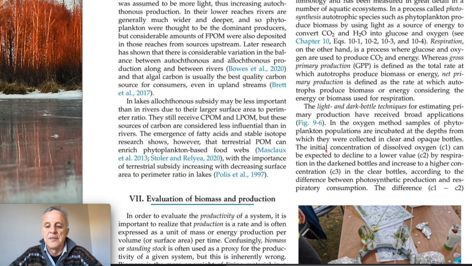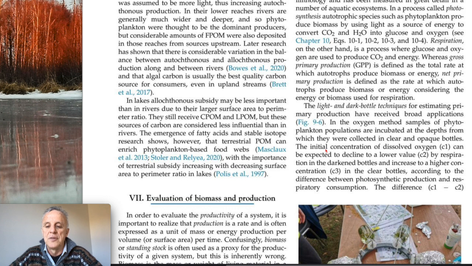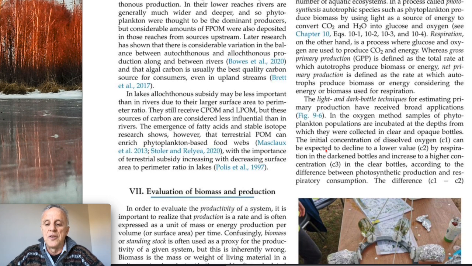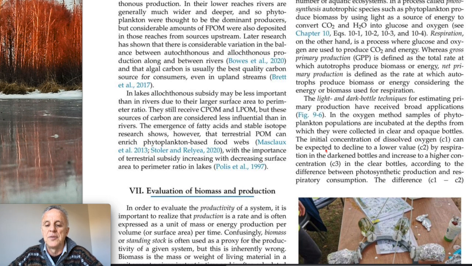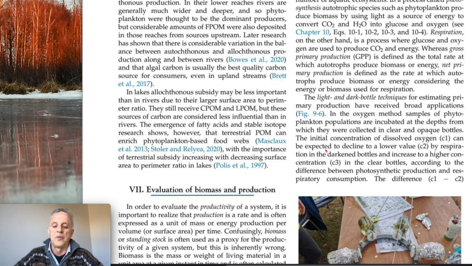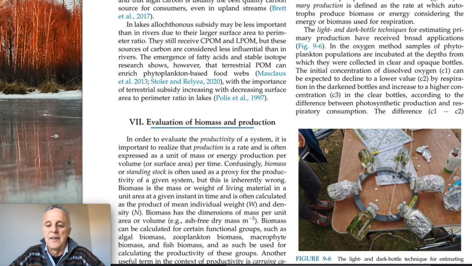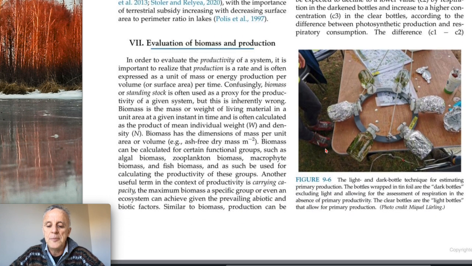In the oxygen method, samples of phytoplankton populations are incubated at the depth from which they were collected in clear and opaque bottles. The initial concentration of dissolved oxygen, C1, can be expected to decline to a lower value, C2, by respiration in the darkened bottle and increase to a higher concentration, C3, in the clear bottles, according to the difference between photosynthetic production and respiratory consumption. The difference C1 minus C2